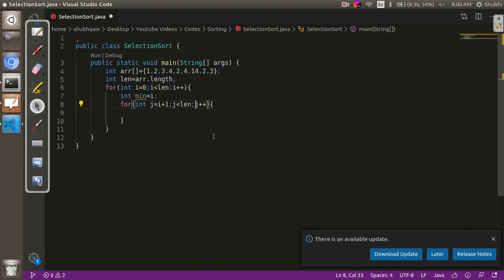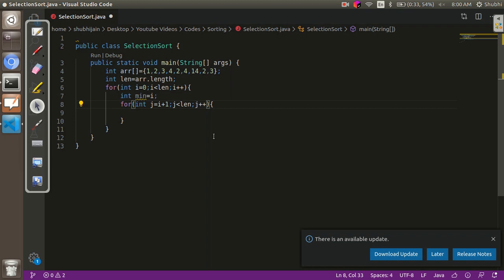Like for the first pass, only i will be 0 and we will be running our loop from 1 to length. So one element is always sorted in itself. So we assume the previous part to be sorted, and then we'll check for the minimum element in the rest of the array.